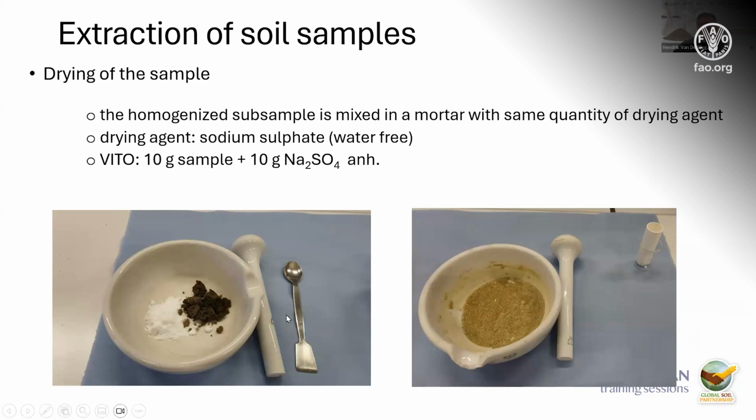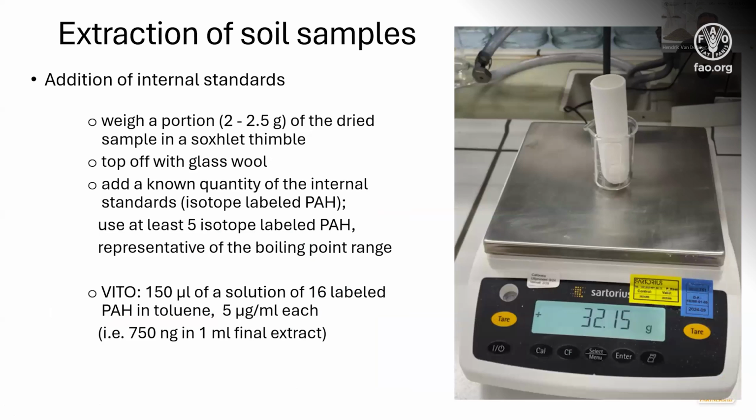After mixing, you get a dry powder like this. And that is the powder we are going to extract. So we weigh a portion of this dried soil in a Soxhlet thimble. Here you can see a thimble that is used in the Soxhlet apparatus. So we weigh the sample in the thimble and we top it off with glass wool and we add a